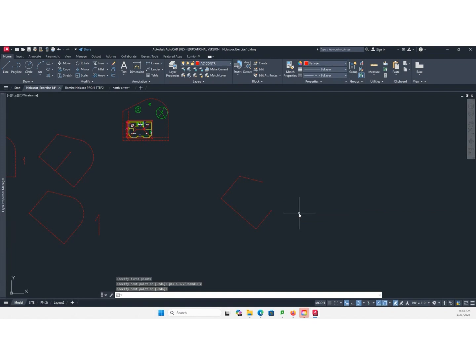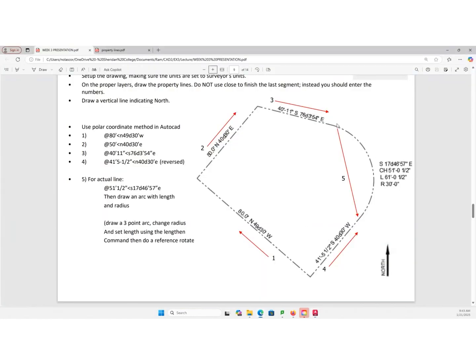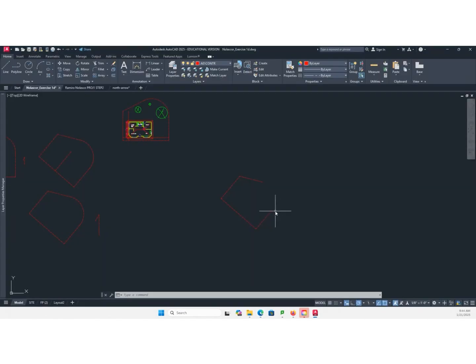Now from here, there's an arc. You can say arc. A is the shortcut key for arc, then space bar. The arc goes counterclockwise, so this is our start point. Now you need to click on end or type E for end.